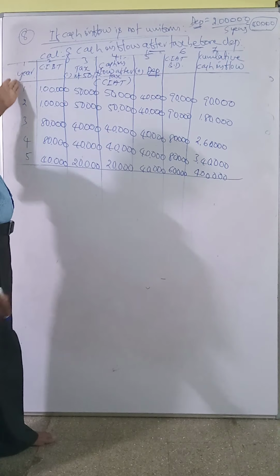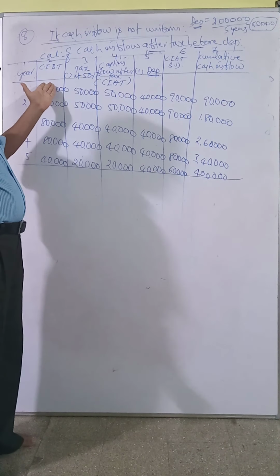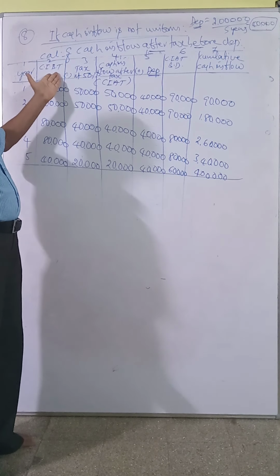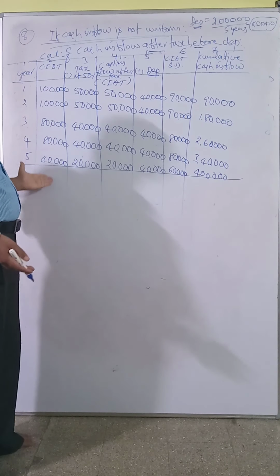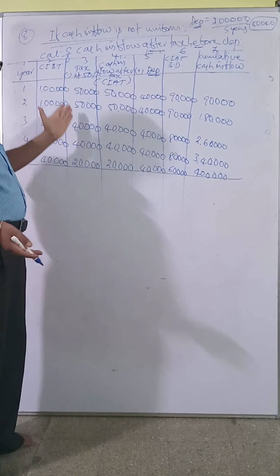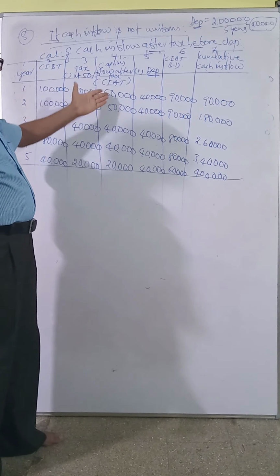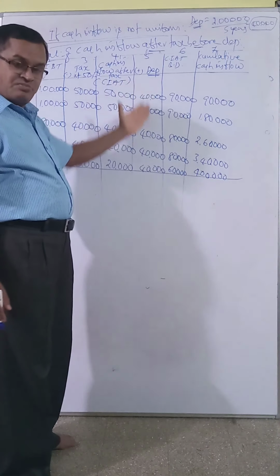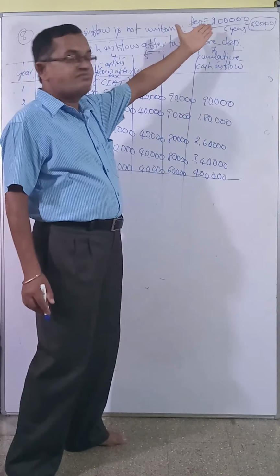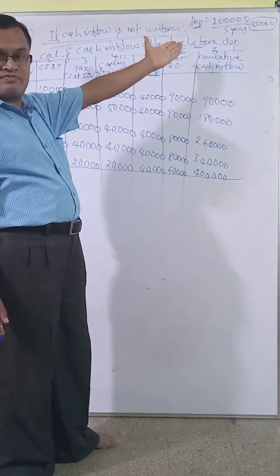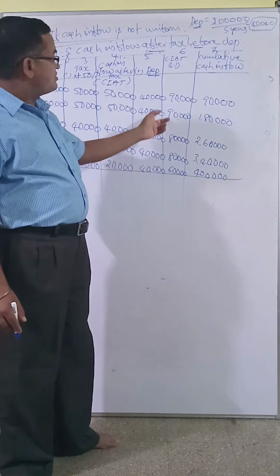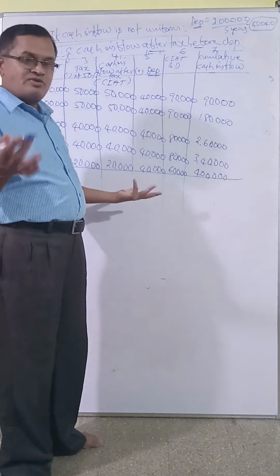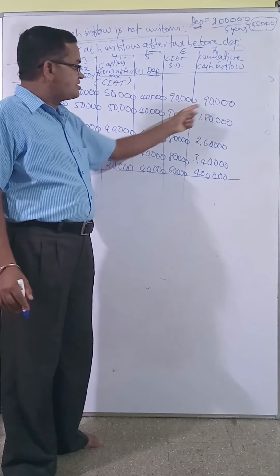I'll explain a second time here. You have to write the cash inflow before tax and after depreciation, which is given in the question. The tax rate is also given, 50%. You deduct tax, then you get cash inflow after tax. Then add depreciation. Depreciation equals cost of machinery divided by estimated life. So add 40,000, so this plus this is 90,000, etc. Make it cumulative cash inflow. Just add. Cumulative means add. 90 plus 90. Okay.